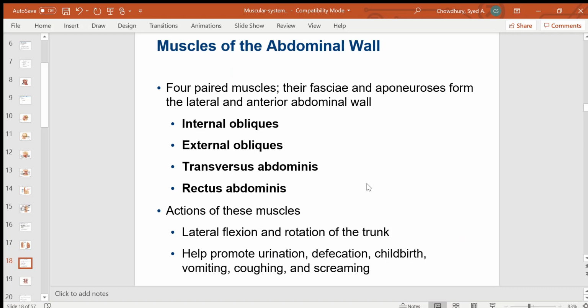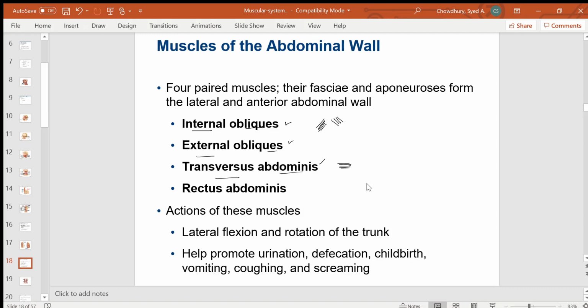The muscles of the abdominal wall. In the abdominal wall, you have four muscles, two obliques. Why are they called obliques? Because the fibers are oblique, like this and this. Okay. One is the inner one, the internal oblique, another is the external oblique, the outer one, and then there is another muscle. The fibers are like this. That's why it is called transversus